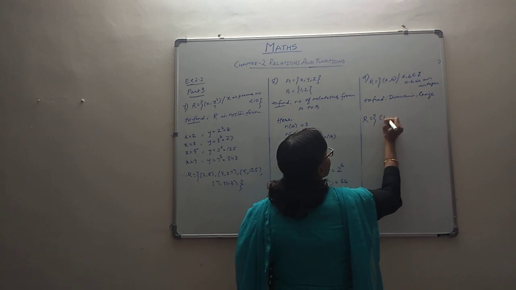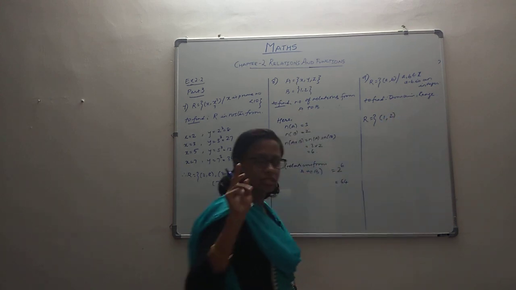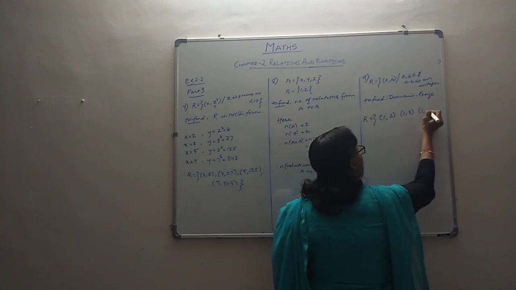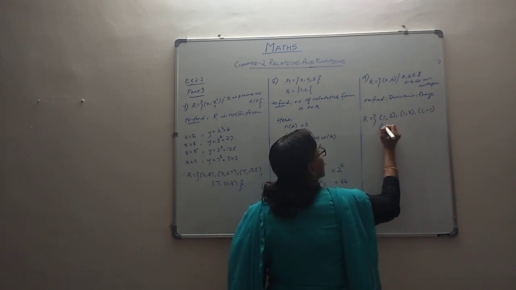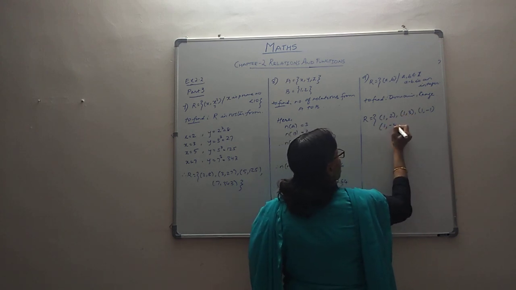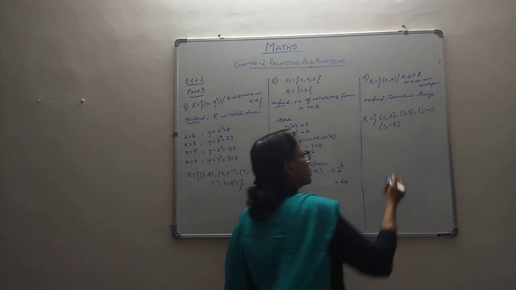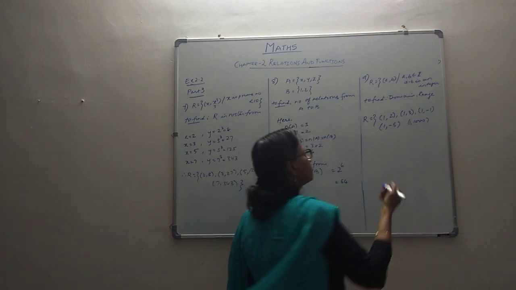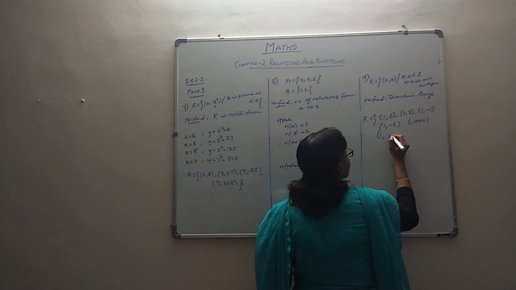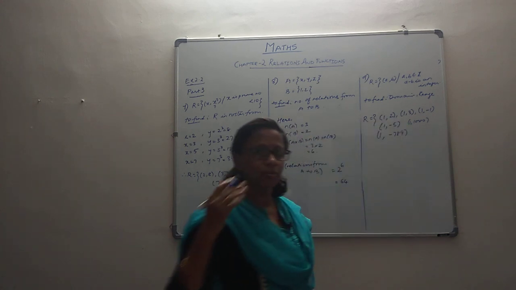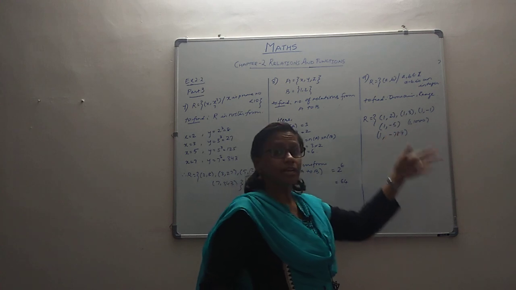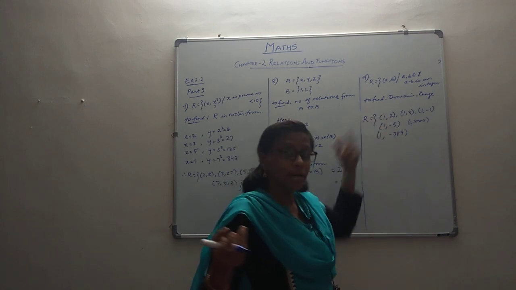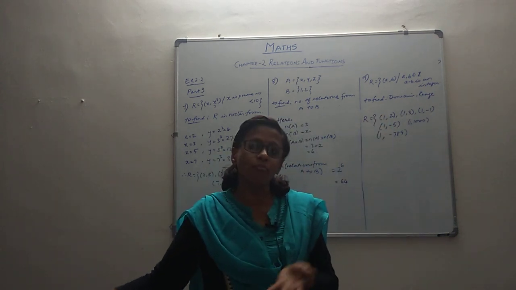Suppose I take 1, then I can have (1, 2) because the difference is an integer. I can have (1, 3) because the difference is an integer. I can have (1, minus 1), (1, minus 5), the difference is an integer. I can have (1, 1000), the difference is an integer. I can have 1 with almost anything, minus 789, something like that strange number, the difference is an integer. So that means 1 with any number, I can get the difference as an integer. This is only about 1. I can change 1 to some other integer, and that way I can list so many such.